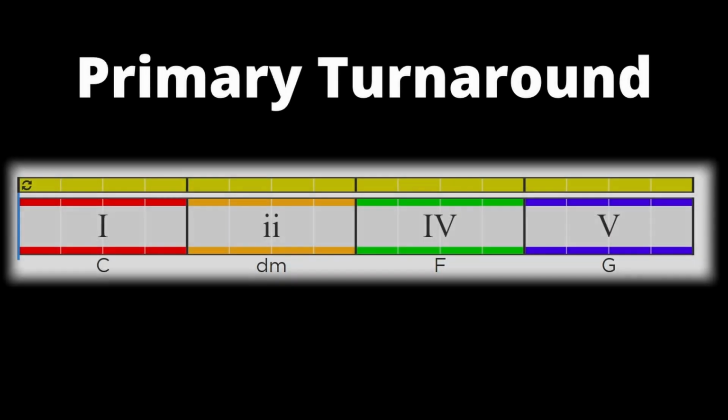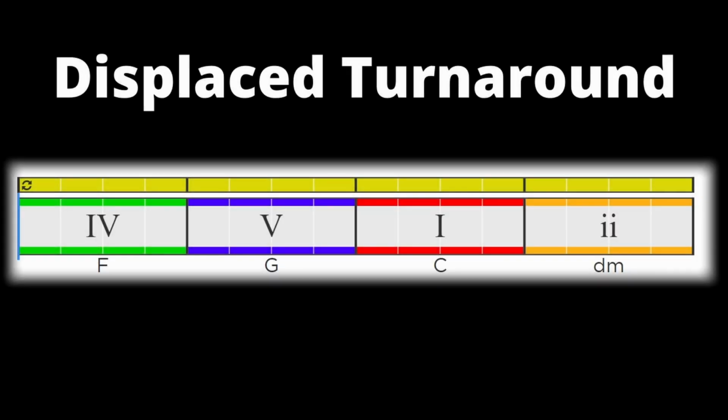The primary turnaround is as simple as it gets, playing the chords in order starting on 1 and ending on 5. Next we can take this primary order, but start and end on a different chord. This creates a displacing effect. For example,